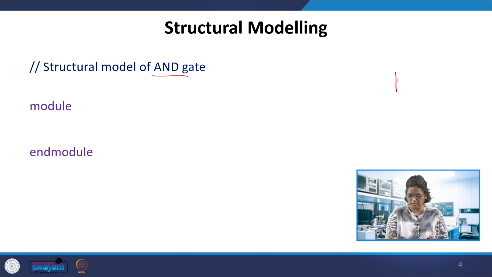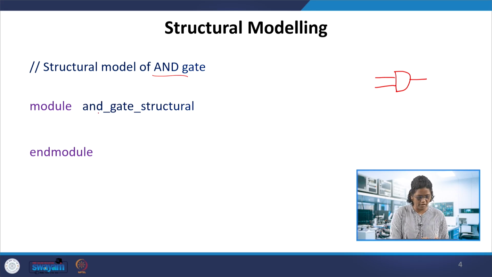This AND gate is a simple AND gate for which we want to describe the inputs and the output. In a structural model, every module of Verilog will have the module and endmodule and the module name. So here we had given AND underscore gate underscore structural.